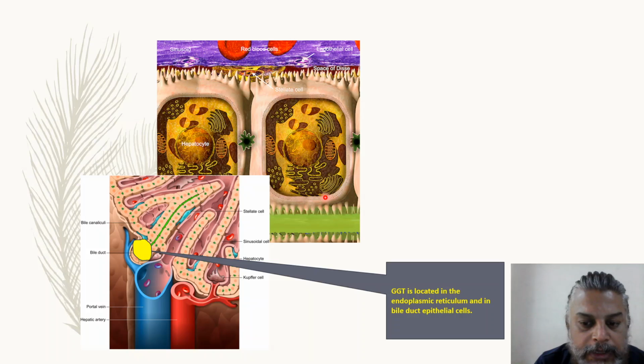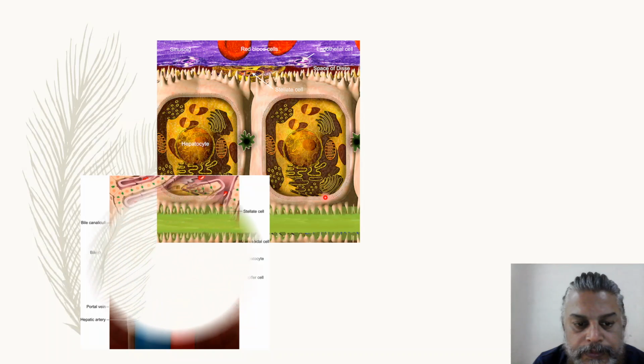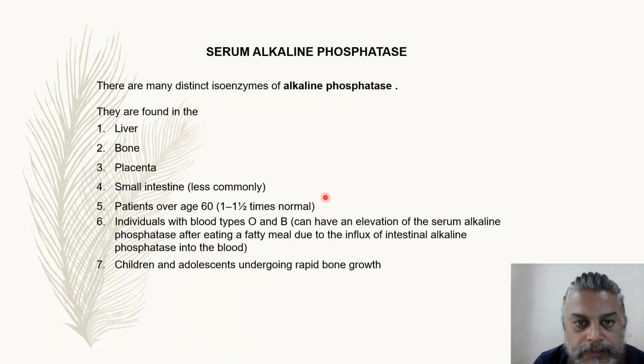Here the gamma GT level is raised. Serum alkaline phosphatase